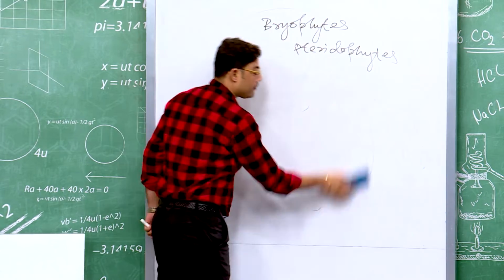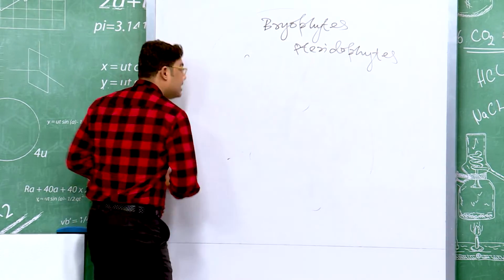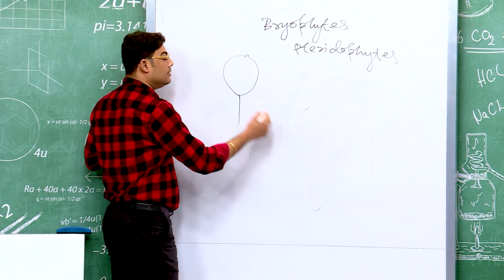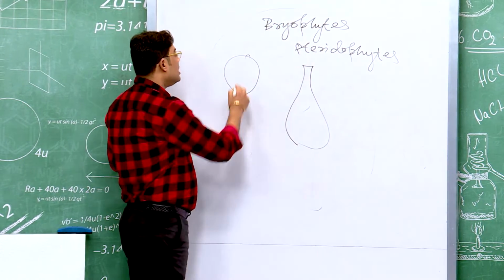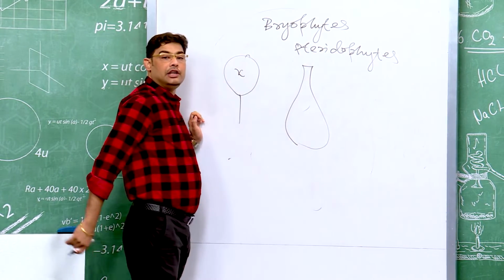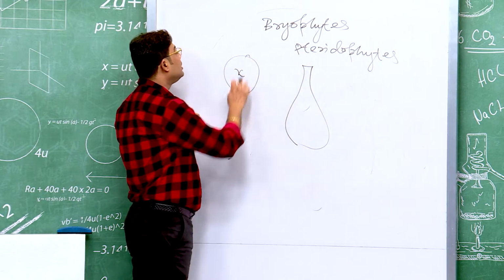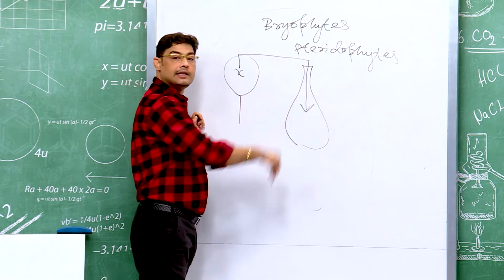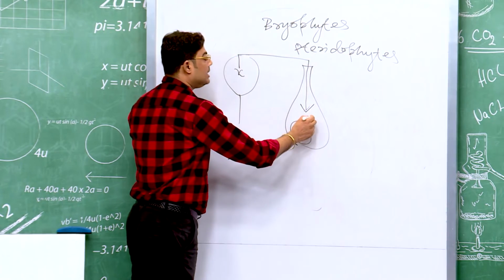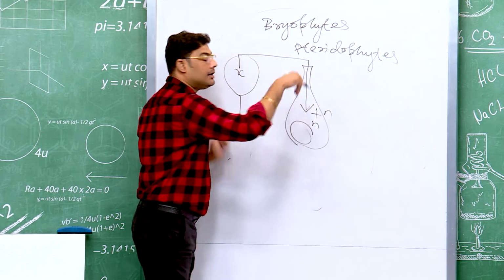That means they have a male sex organ called antheridium and a female sex organ called archegonium. Inside this antheridium, the male gametes are produced. Those male gametes swim, enter into the female sex organ, and fuse with the female gamete, so that fertilization can